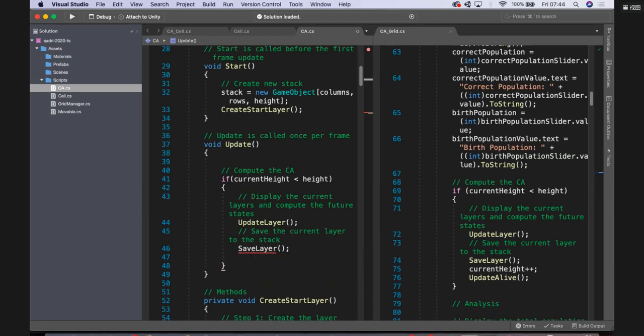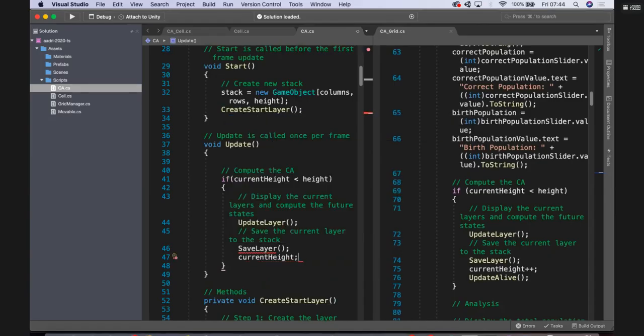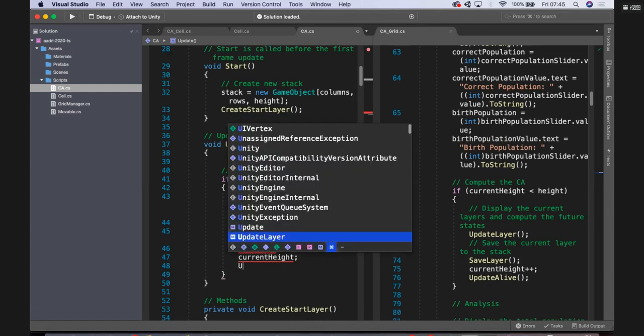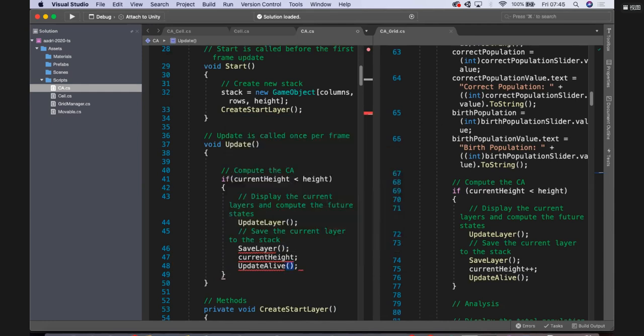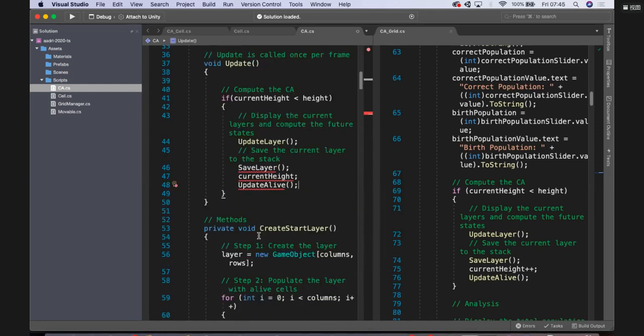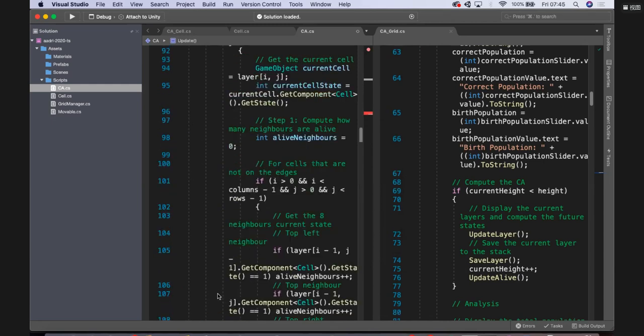Then because I've created the new layer, I will need to update the height, right? And after I've done my height, I will probably need to update the ones that are alive. And again, it's going to give me an error because these don't exist as functions. So that's fine. I have here my create layer. I have in here my update layer. So what I need now,